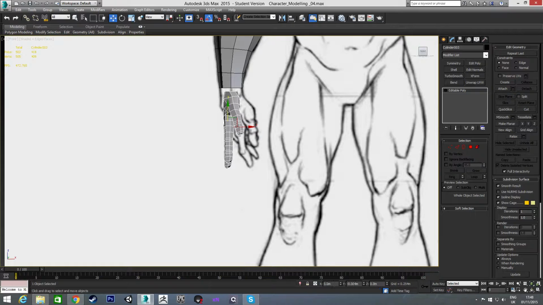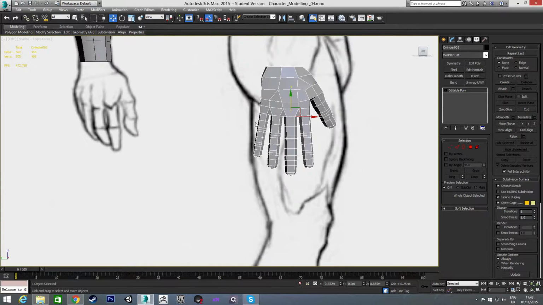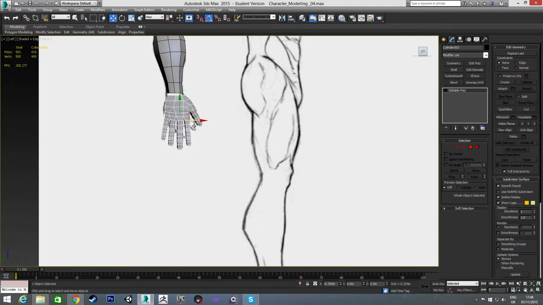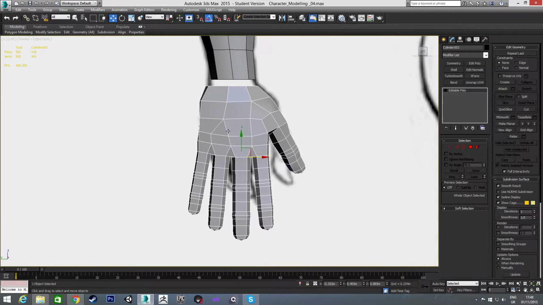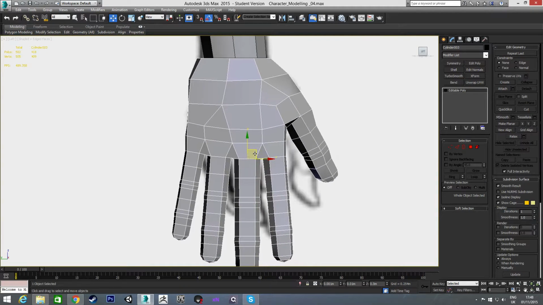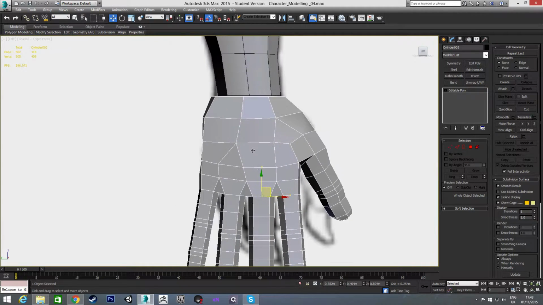So now we're going to just put it into position, and it's a little bit small, I think, so I'm going to actually scale it up a little bit, not quite that much, I think. So scale it up a little bit, and then in our left view I'm going to position it as well. So in our left view, if you look, when we connect this, it's going to pull in a little bit, but